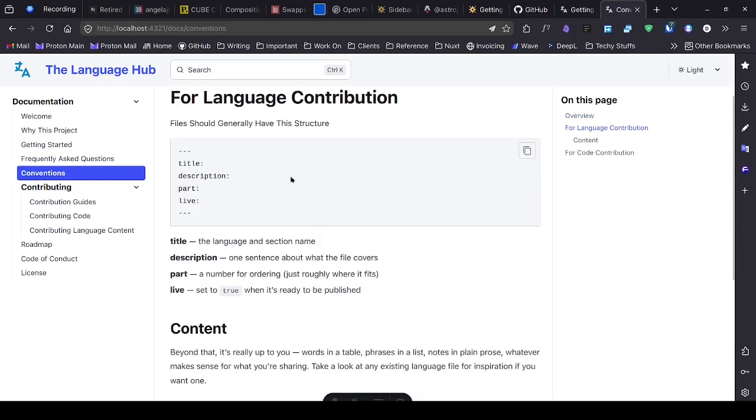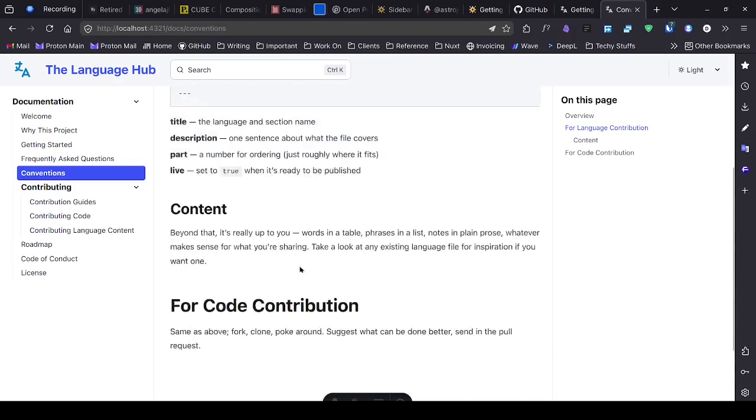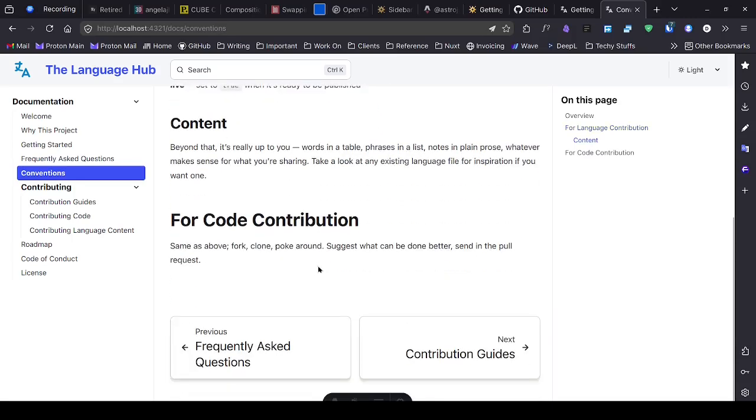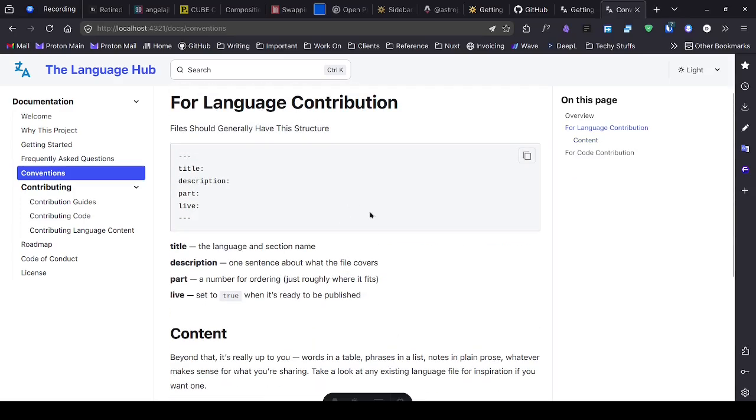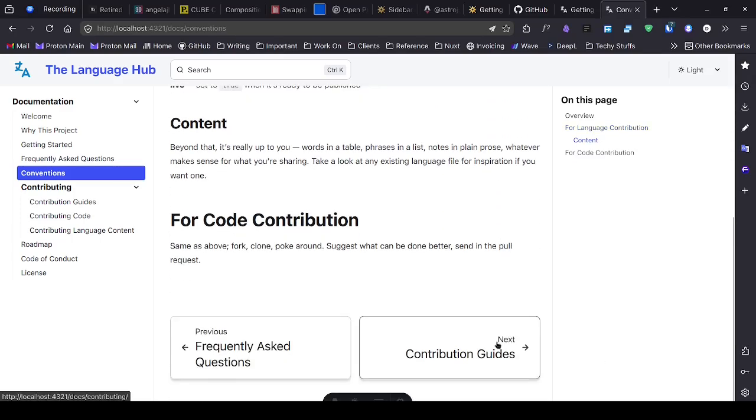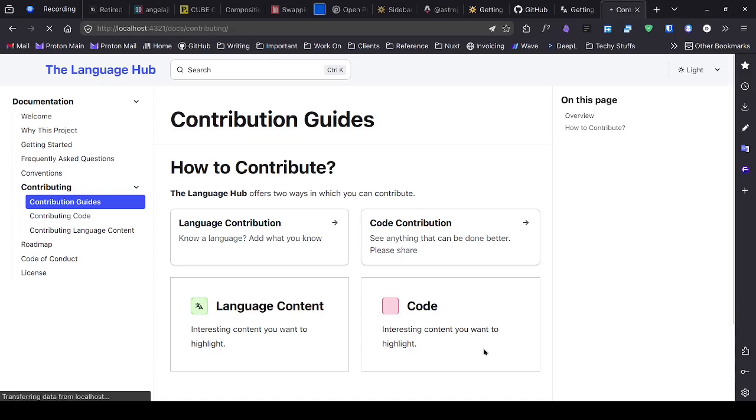But then let's go to conventions. Conventions just lays out what each of the front matter fields mean, what they're for, and why they're important. As always, I'm not strict about contributions, because at the end of the day I am going to approve the pull request, and during that approval I'm going to make the necessary changes if need be. So it's very light. It's not as stringent as something like other bigger projects. It's a very small project.